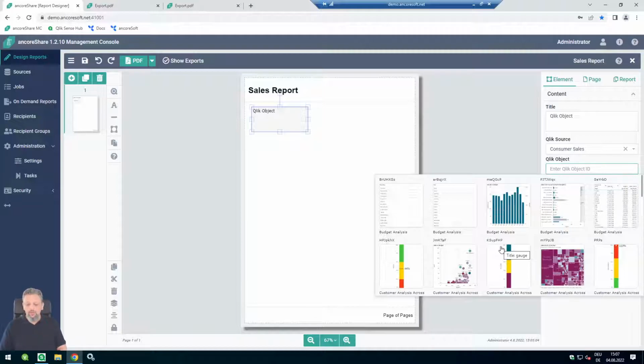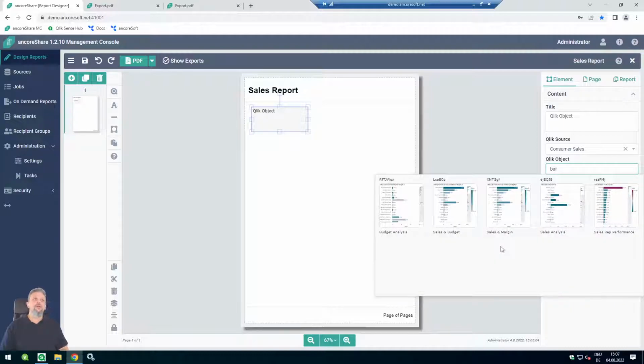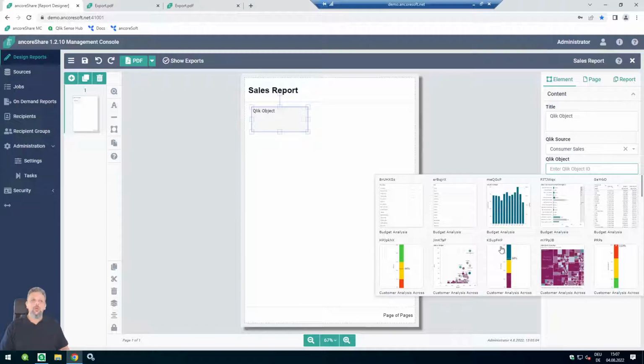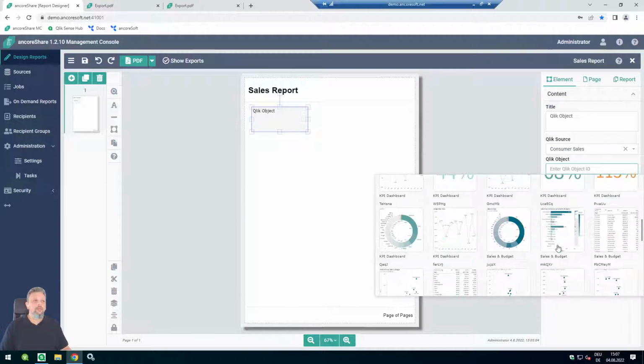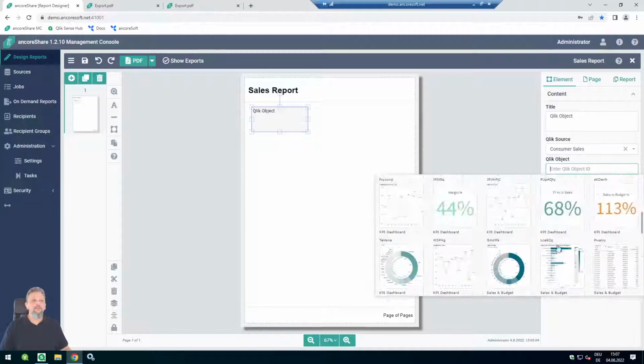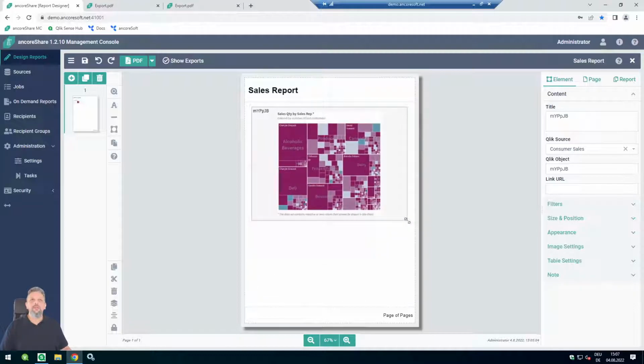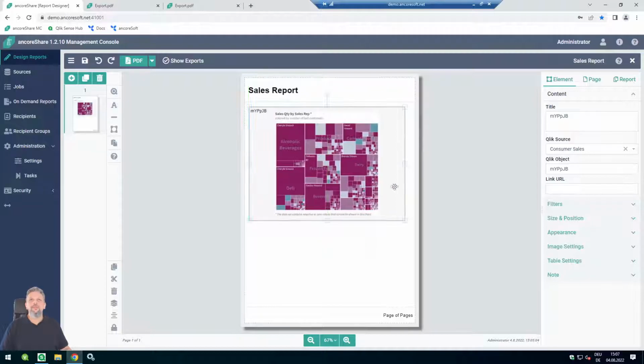Let's say I want to see only bar charts. I type in bar, so we'll see all the bar charts within my application. Or I type in pivot, like pivot tables, and so on. I'm going to select, yeah, why not, this guy here. And we see now the preview, a little thumbnail, but it is not a little thumbnail. It will be automatically sized when we have a bigger view of our object here. So size it